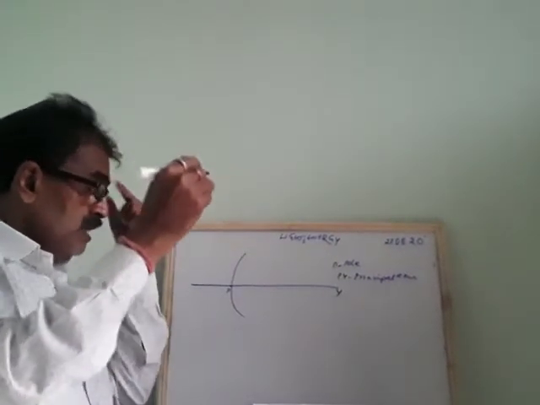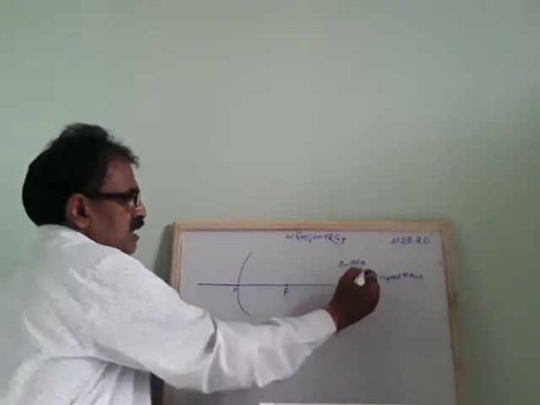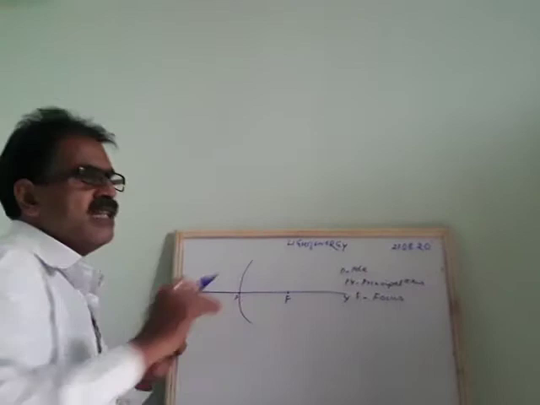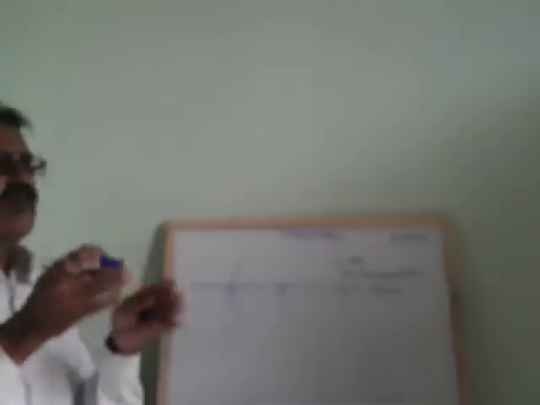So here again there are parts. We have a part called F. So this F is focus, we call focus. Focus is a point where the light falls and from there it will diverge or converge. That we will discuss later. So there is one more part called center of curvature. This is exactly the center point of the diagram. So center of curvature. And the distance between P and C is denoted by R. So this is called radius of curvature.